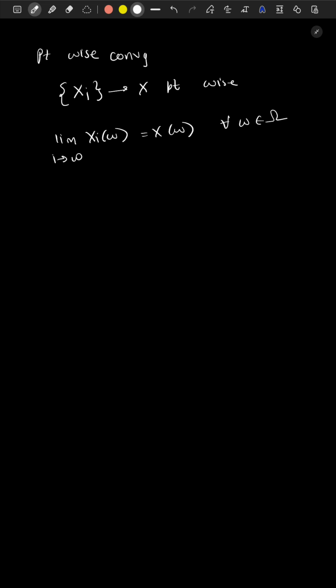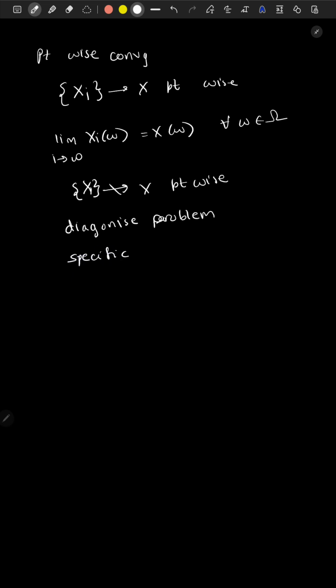Now suppose x_i does not converge to x pointwise. Okay, so let's diagnose the problem. What is the problem? Consider a special situation, a specific example, where we can partition omega